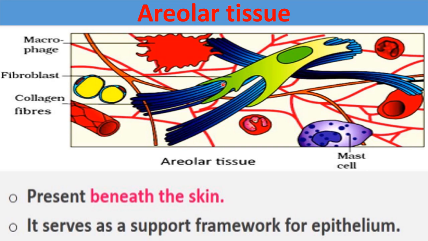Other than these, many different types of cells are present here. Like here you can see these fat cells. These are different immune cells present here, like mast cells are also present here. And these are different neutrophils and other WBCs present here. And all these are fibers present here. So you make this diagram of areolar tissue showing all the different types of cells here.